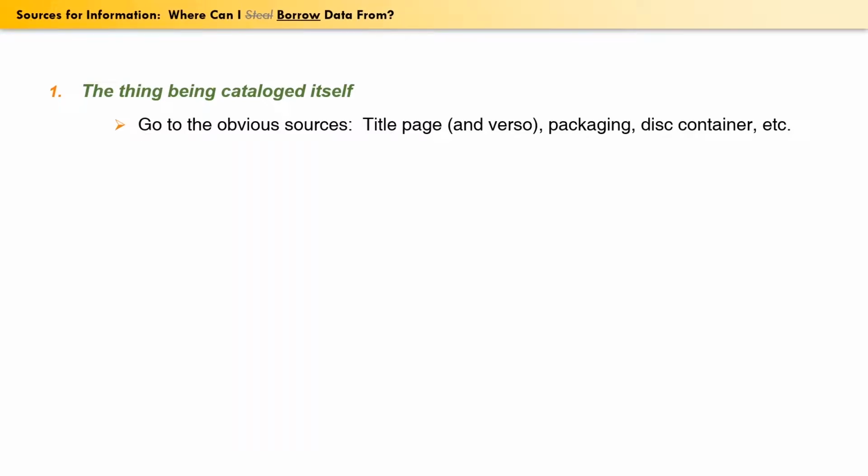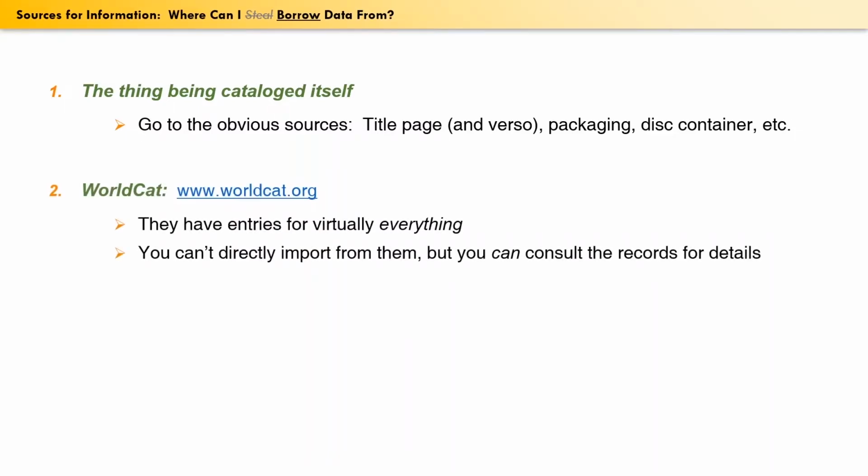If you need the numbered pages in a book, crack open the book and check the numbering. If you need to know the height of an item, grab a ruler that notates in centimeters and measure things. And if by doing all of this you can find out everything that you need to know, well, great, that's good. But if there are things that you can't discover, I would recommend that you go to